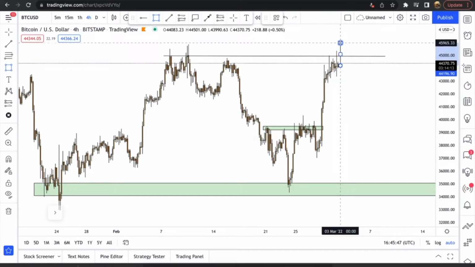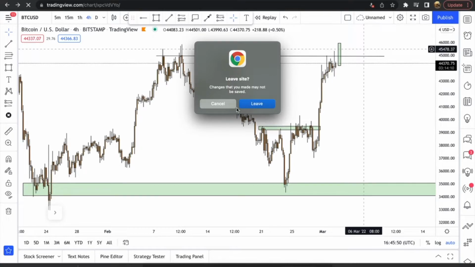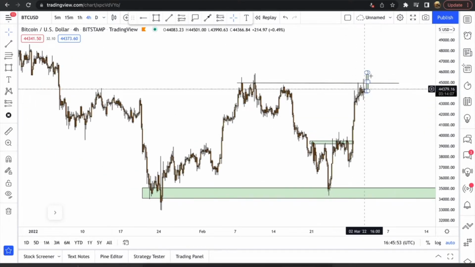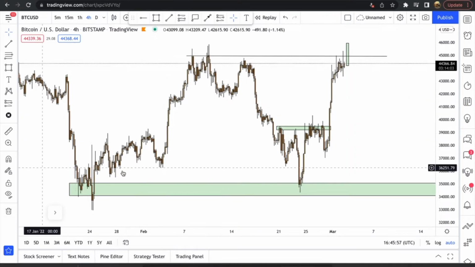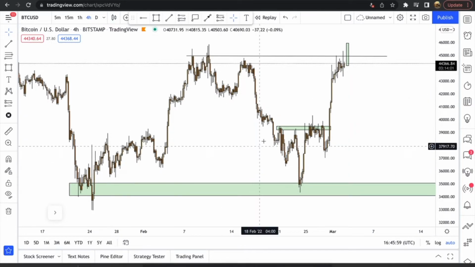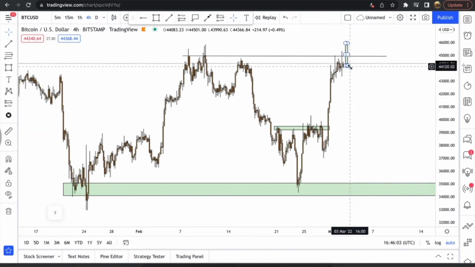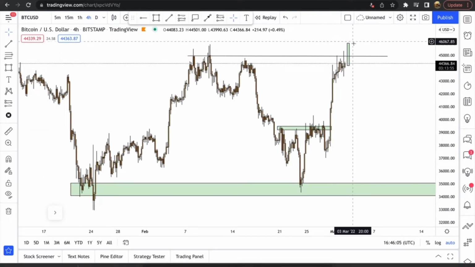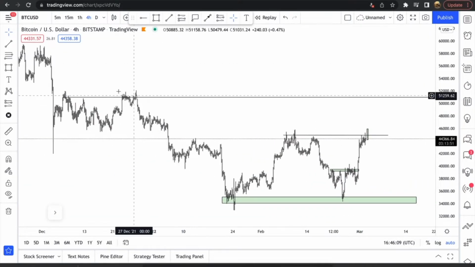If we start to get this break and close above here, then that'll definitely be a good indication based off the higher time frame perspective on the daily. This will be our breakout, and then I'll personally be looking for the breakout, the retest, and then the continuation back up to these sort of major levels here within the market.